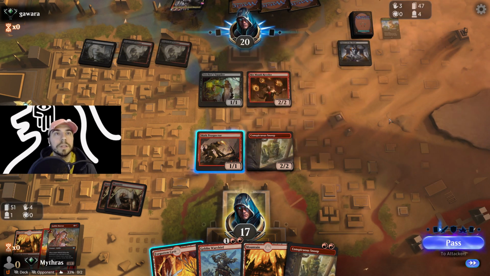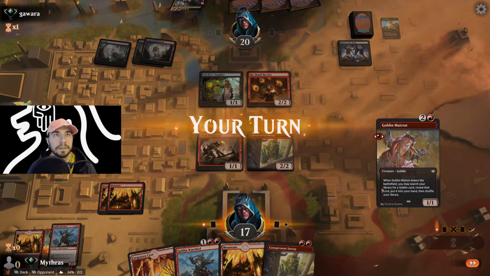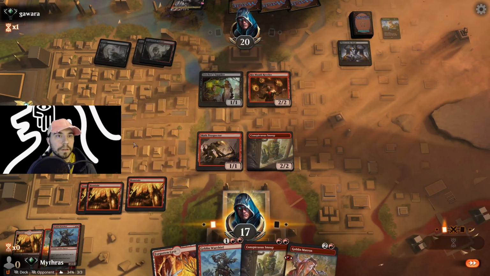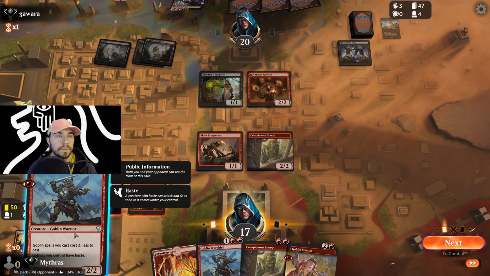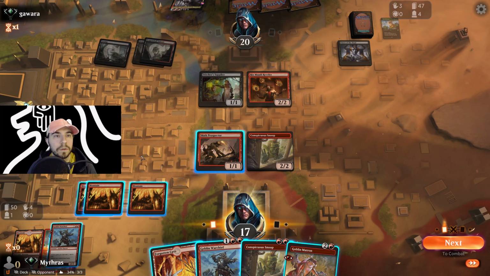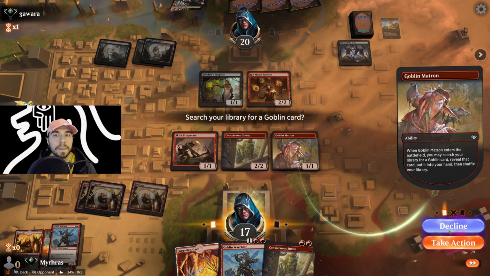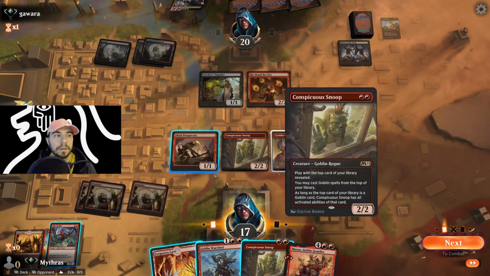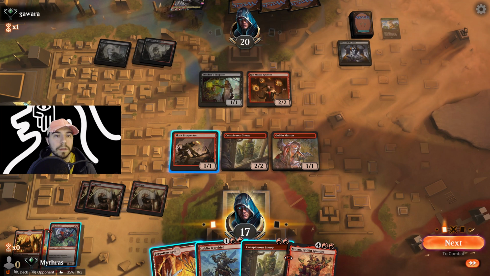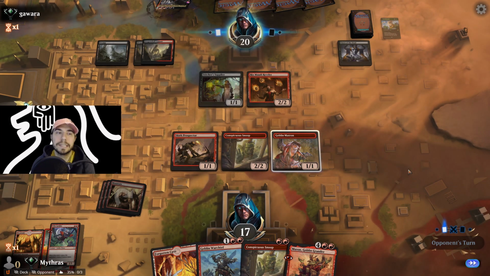Ooh, it's John actually. I like it. So we could do War Chief. I'm gonna do this though. Let's go grab Muxus. And bank that they're not gonna hopefully